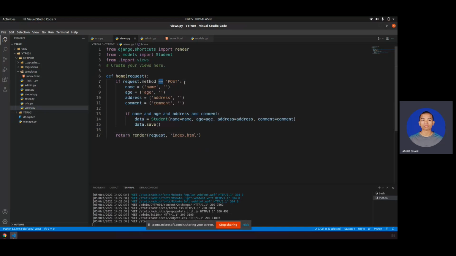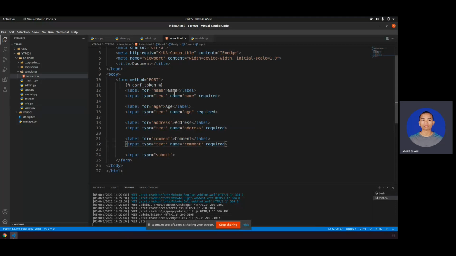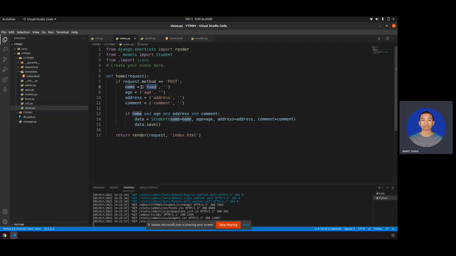So what happened? Post request was made. So we should get this data, in the sense this is the data coming from the index.html page, right? This is the data coming from this field. So what we have to do, we have to request like this,